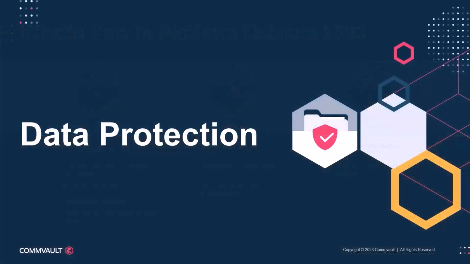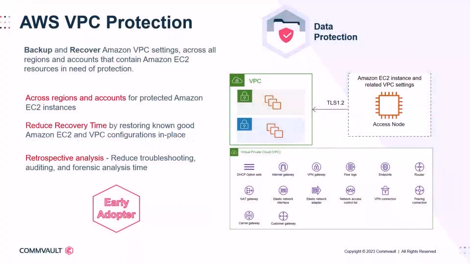Let's talk about the data protection enhancements in more detail. AWS Virtual Private Cloud Protection allows customers to simplify and accelerate the recovery of their Amazon VPC instances along with any deleted VPC resources. The idea behind Amazon VPC protection is that an Amazon EC2 backup will: